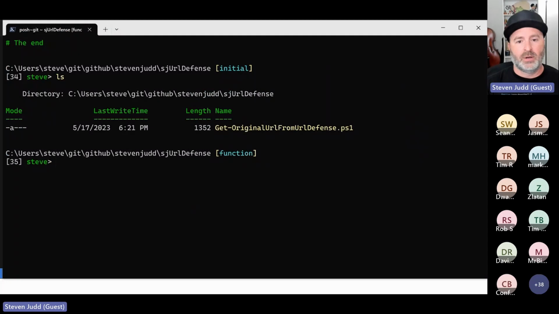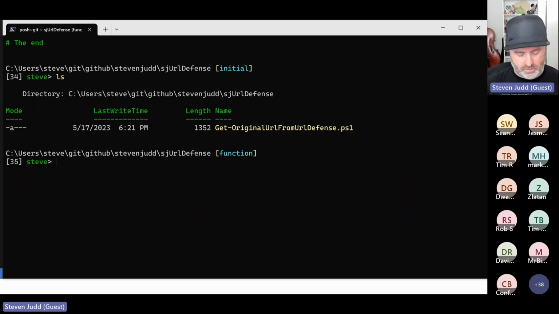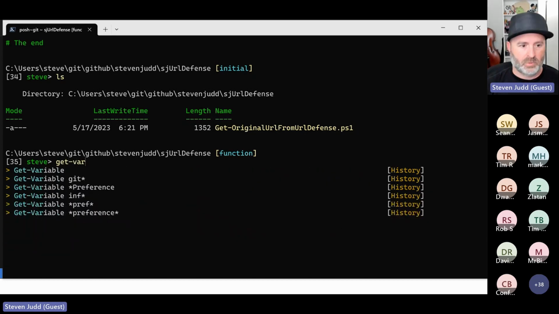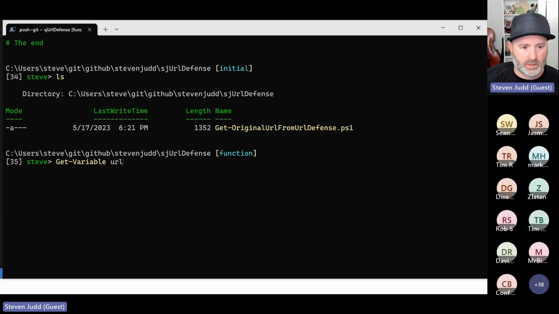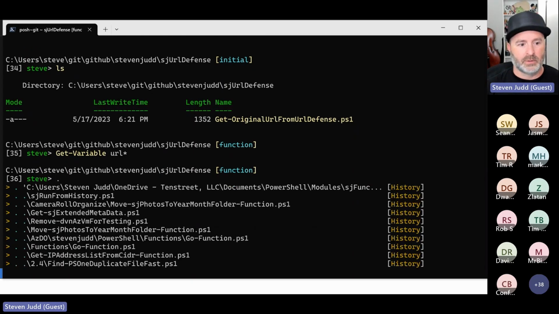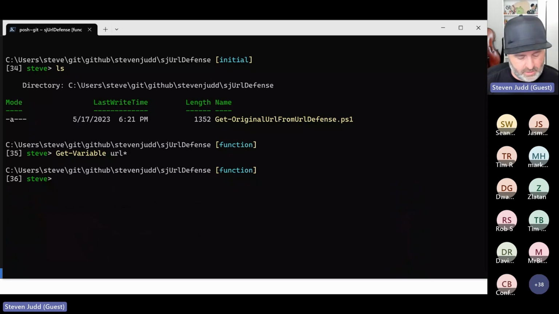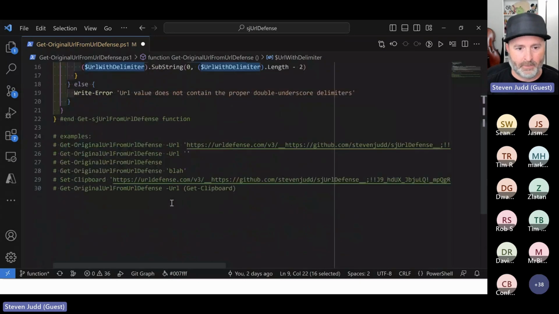See what we have here. All right, so I am in the function scope, and I'm going to say, I want to do get variable. And I know one of my variables has URL in it, so I'm going to do URL star, and I don't have it. Okay, so now I'm going to load get original into my console here. Actually, I need to do my edit before I do this so it'll actually run something.